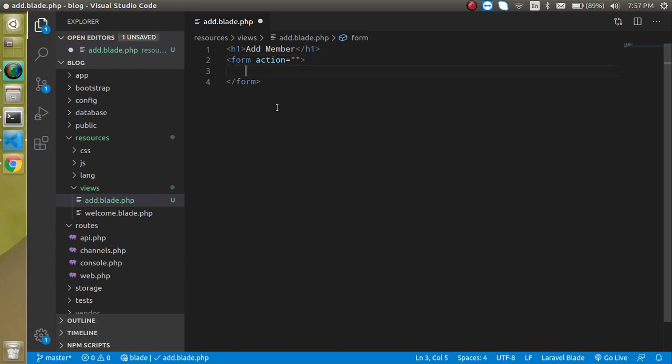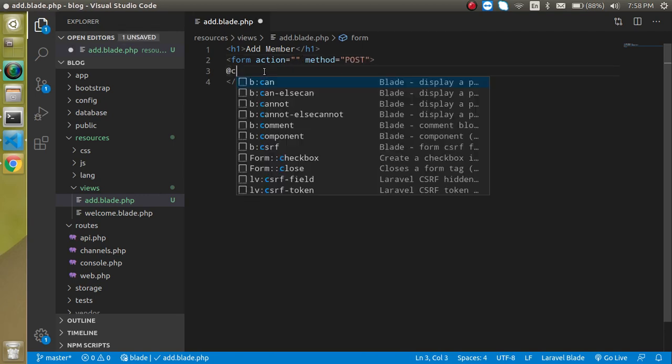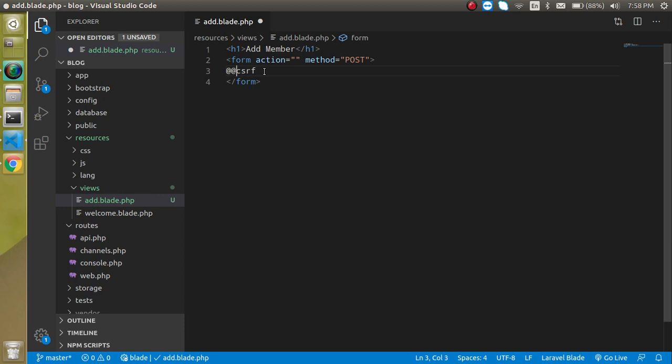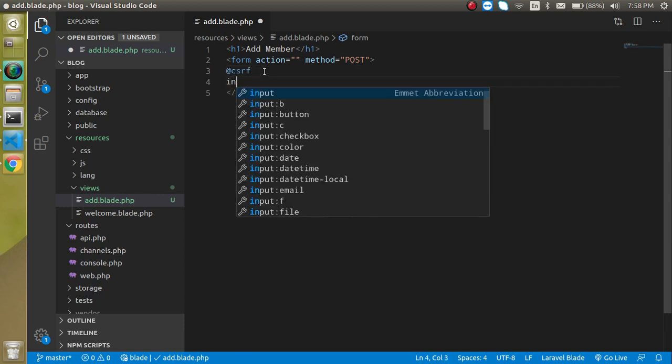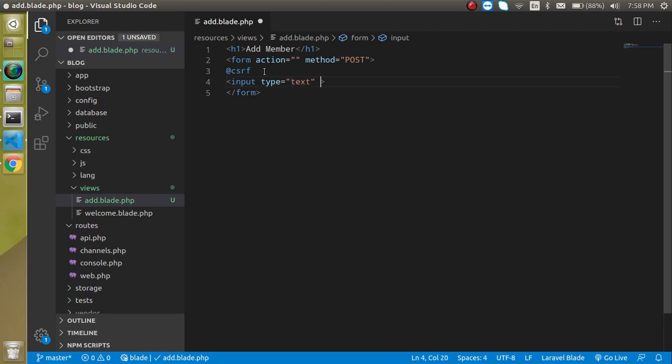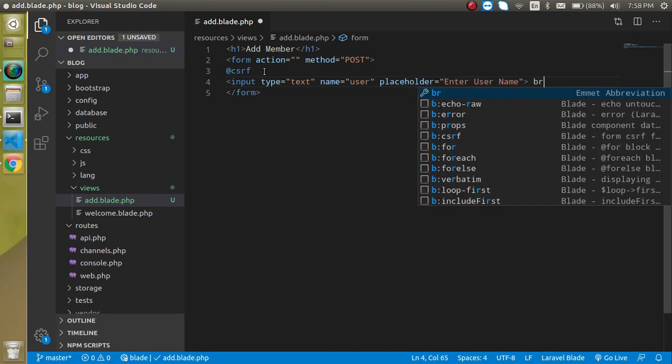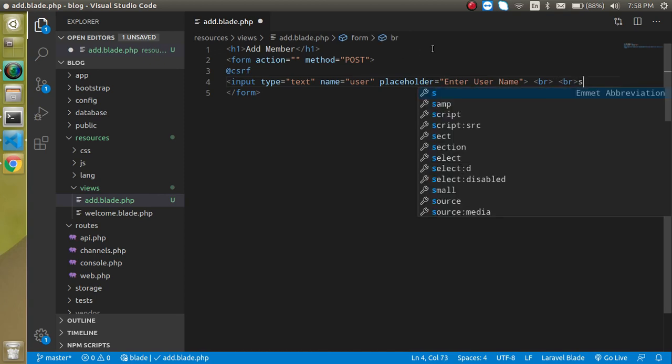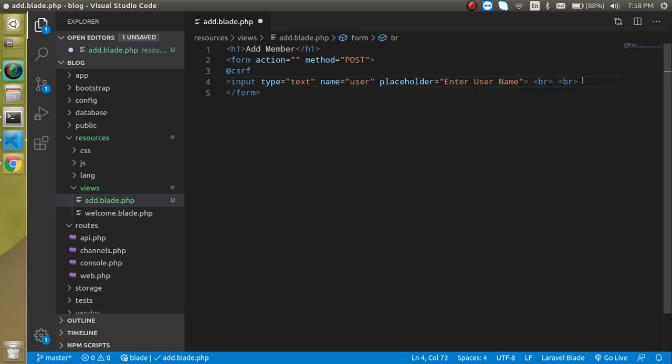And in the form we will use the post method, and when we are using the post method we need a CSRF token for security purposes. And let's take some input also. So let's say name is user, then the placeholder can be like enter user name, and then we can use some br tag so that we can get the next input in the next line.